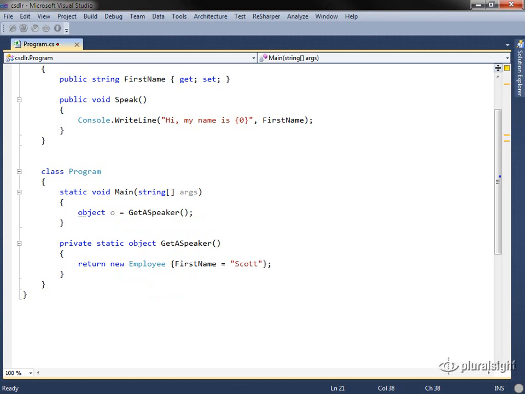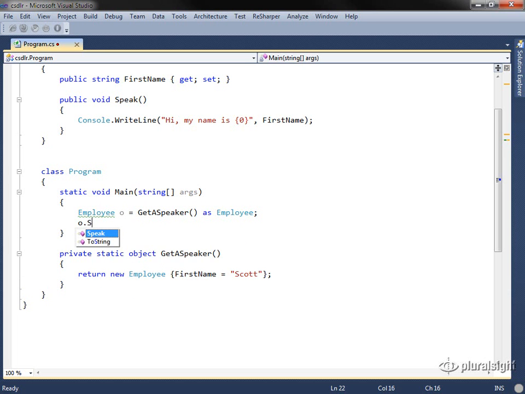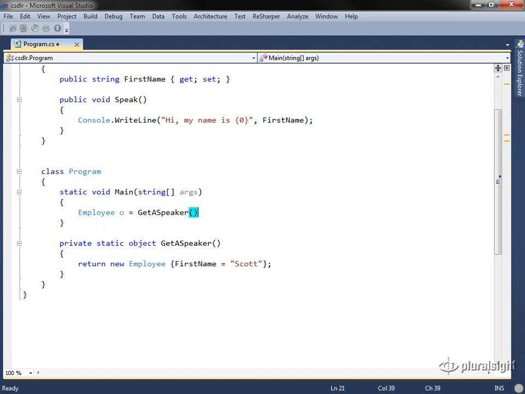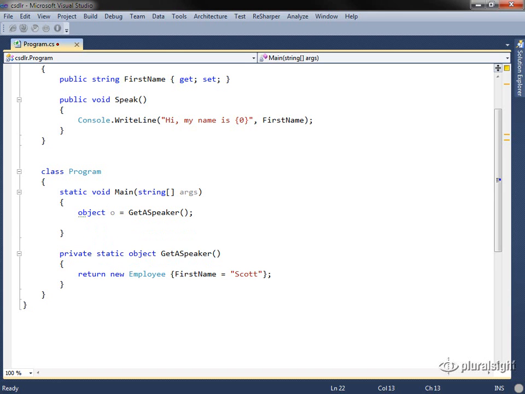Well, of course, if we were sure that this was an employee object, I could type this variable as an employee, and I could coerce the return value of getASpeaker into an employee, and then o.speak would work just fine. But let's imagine that we don't actually know the type of the object that's coming back from getASpeaker. All we can be certain about is that it will have a speak method, in which case we could invoke